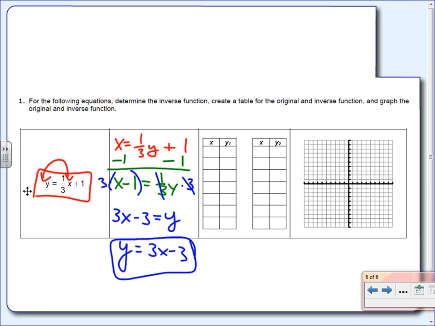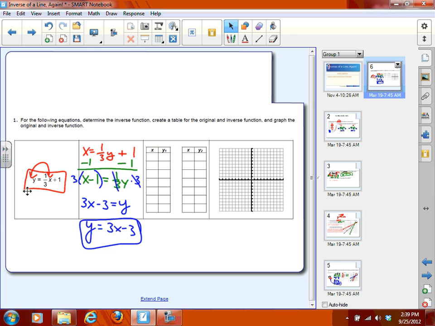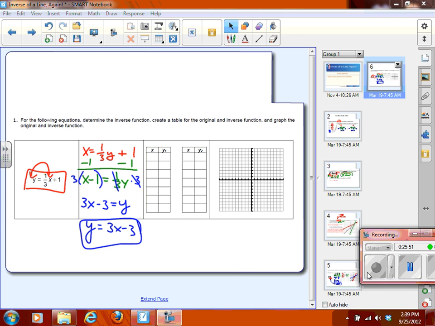Like on this one, you have a fraction, it's 1/3. The opposite of that is, it's 1/3, so the opposite